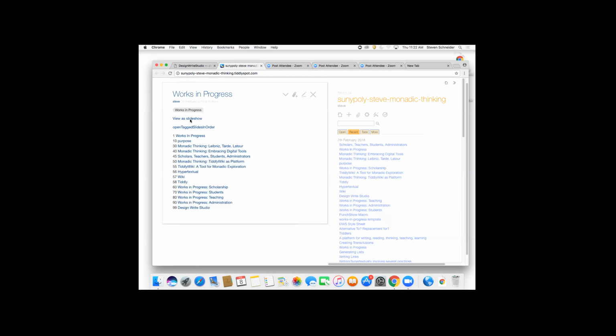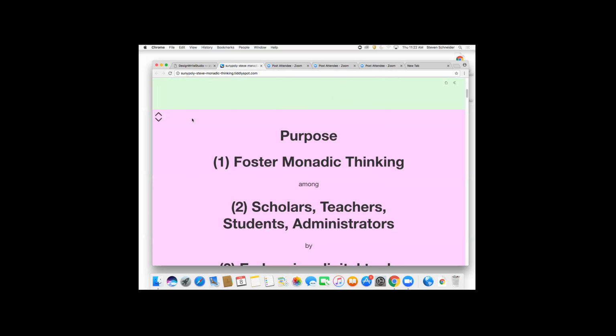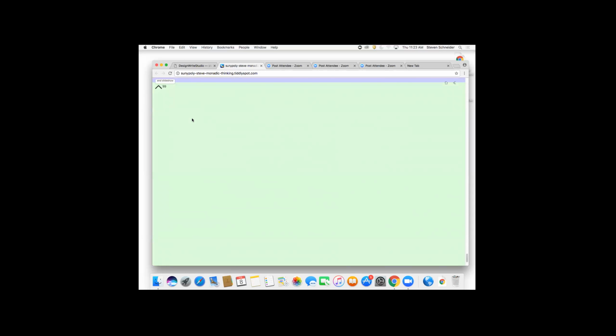I've got two features here. One is a slideshow, and the other I open all my tag slides in order. And so I'll show you the slideshow. I think I showed you this before, and I stopped using it in this class because we didn't really need it. But what it does is it opens all the slides that are tagged with a common tag, works in progress, colors the slides, and then opens them in order so that they're in the story list. For some reason, it's dumping me down to the bottom, and I can't figure that out yet. And it also changes the theme of the TiddlyWiki, which is not something that you've seen much of.